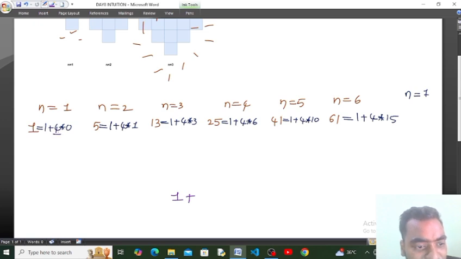That is 4 is common. So 4 into 0, 4 into 1, 4 into 3, 4 into 6, 4 into 10, 4 into 15. Irrespective of n value, here what is the next common number? That is 4. So 4 is also common, right? So 4 into